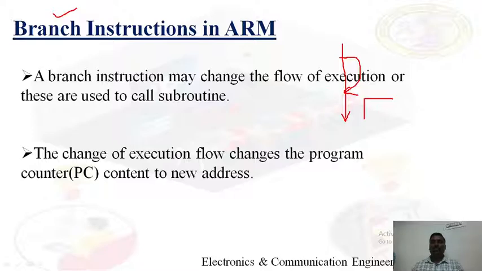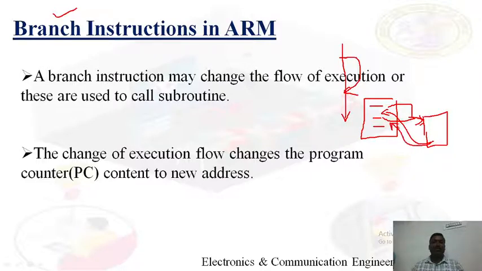And suppose this is the main program and this is your subroutine. In order to call this subroutine at this point, you can call the subroutine and return from the subroutine to the main program. The subroutine itself is separate code. It is written, tested and debugged, and stored in some memory, and the address of this subroutine is given to the branch instruction. So it keeps on jumping to that subroutine whenever it is called, and it will return back to the main program or the calling program. So this is the function of the branch instruction.